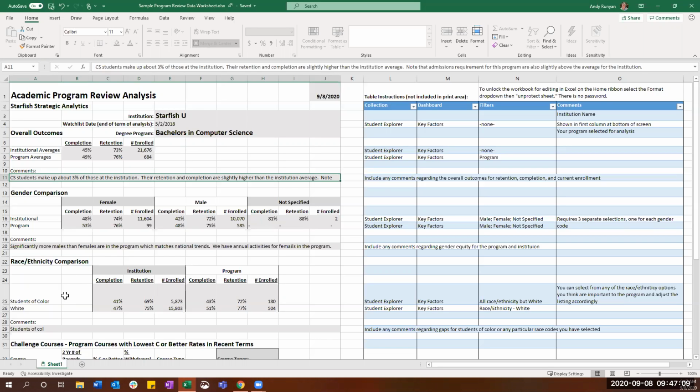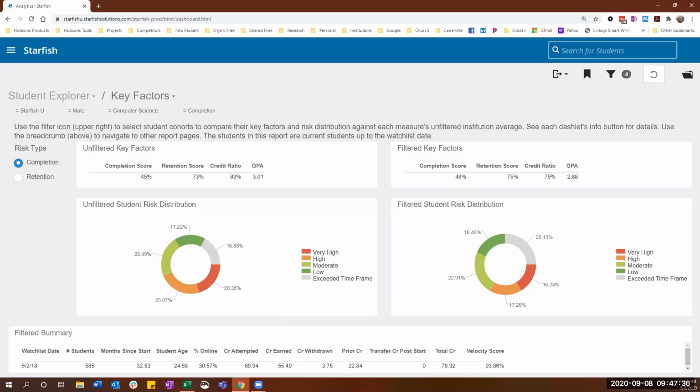I can also do a race ethnicity comparison for my program. In this case, I've chosen to do students of color versus white students. If you have an interest in any particular race that we include within the system, obviously you could add your own lines to the spreadsheet and make comparisons there and include those on the academic program review analysis spreadsheet if you would like. So let's go back to the dashboards and see how we would go about looking at